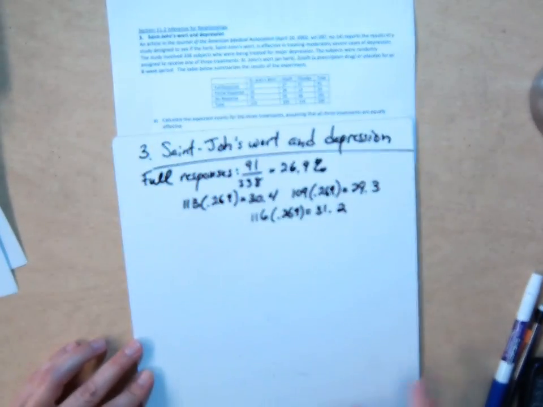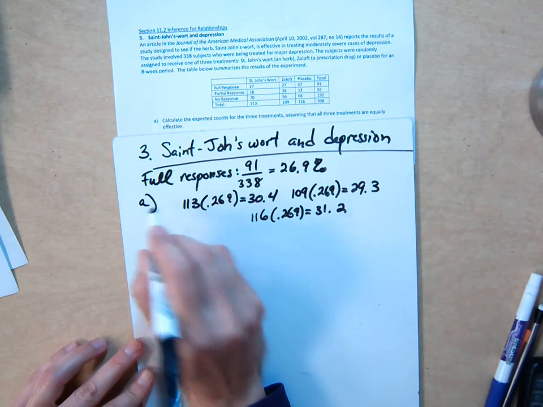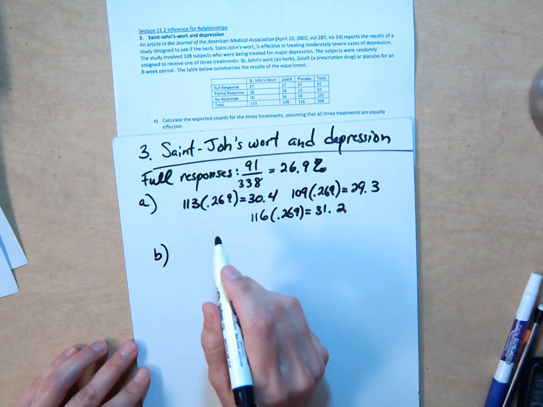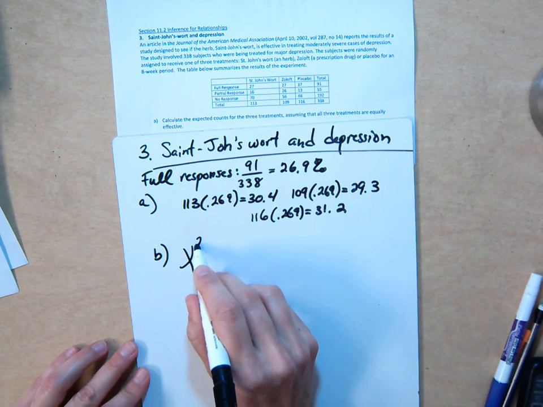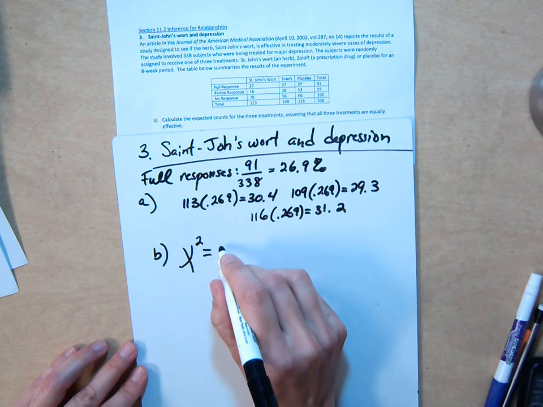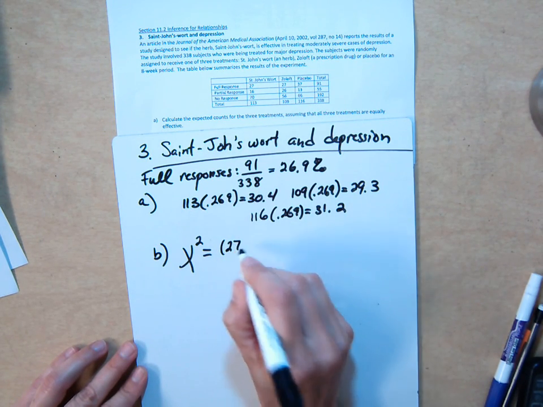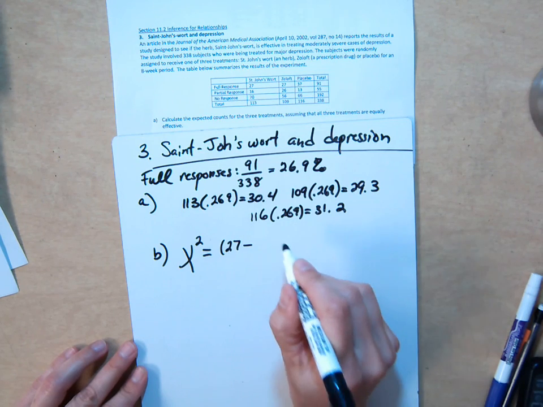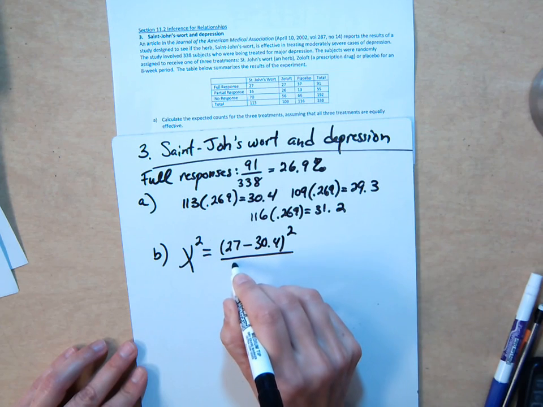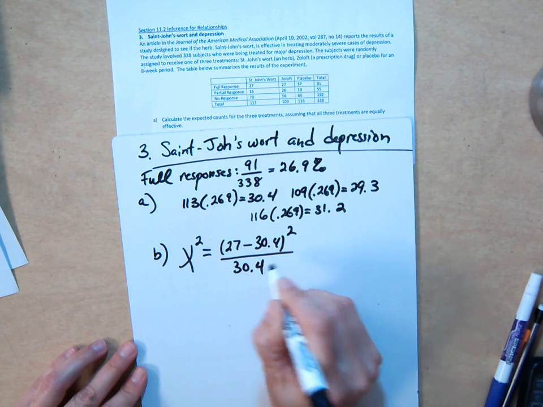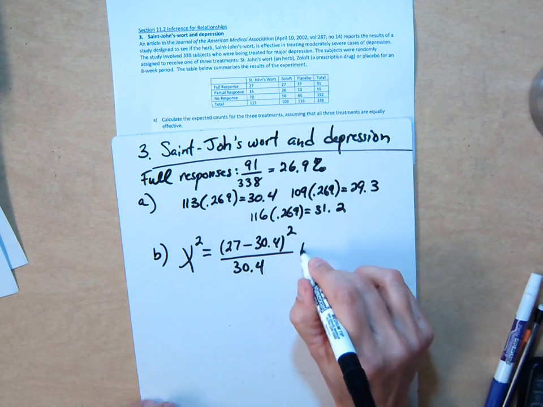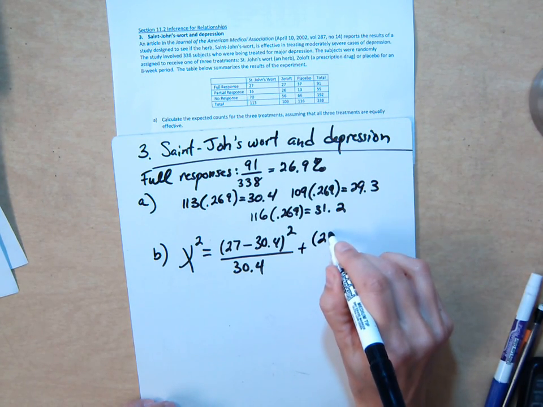So we're on part B now. So that was part A. You would do that for every cell. And then for part B, calculate the chi-squared statistic. So all you have to show on my test and the AP test is the first 2. So to find chi-squared, the formula is the same as before, 27 minus 30.4 squared over 30.4. So it's observed minus expected squared over expected, plus, and then you're going to show one more,